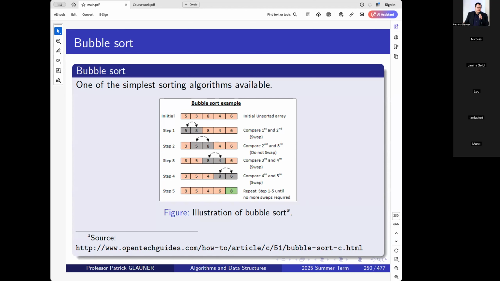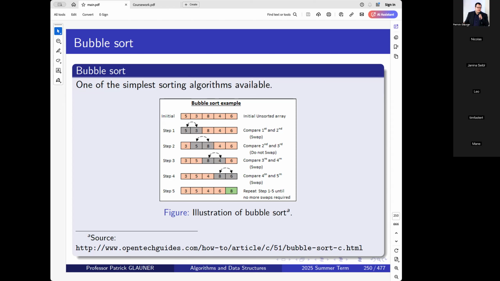And if it's sorted, you're fine. If it's not sorted, you just shuffle the data again and keep going. This is unlikely to be efficient and it's not guaranteed to ever terminate. If you have a huge data set and you just keep shuffling and hope it's sorted by chance, this is super unlikely. So that's a BOGO sort,